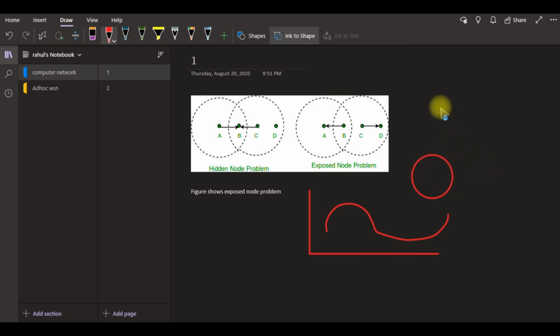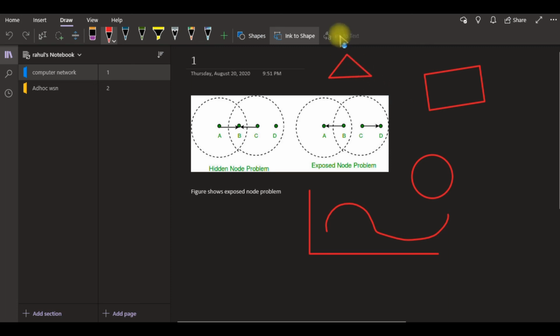If you are going to create a rectangle but you don't have a steady hand, you simply manage to draw a rectangle, and it will create a perfect rectangle. If you need to draw a triangle, no issue, it will automatically detect your intention and create that shape. So this kind of AI-like facility is available inside this software.